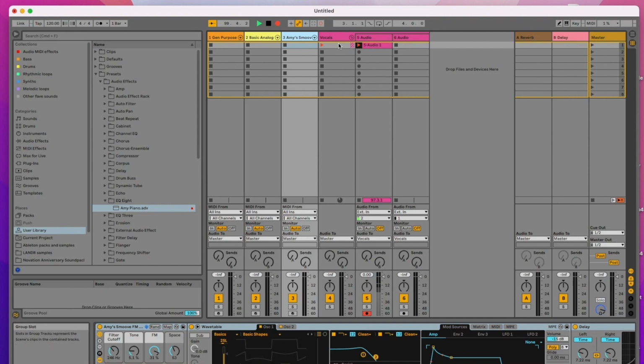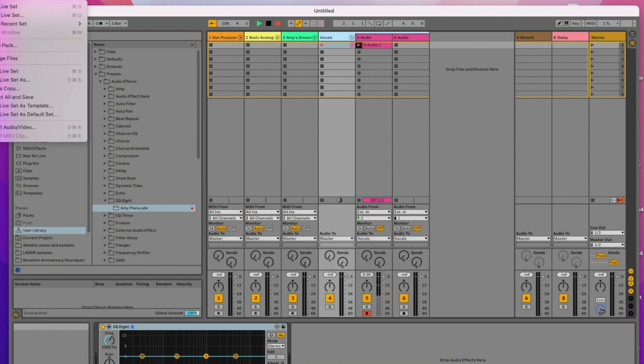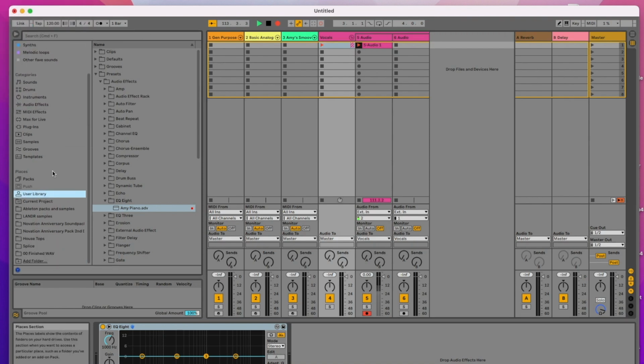And then I also created a vocal group. So you can see I've got 2 audio tracks here that are grouped. I'm not sure if I'll be keeping this, but it works for now. So when I made this template, I went to File and Save Live Set as Template. That was basically it. And then when I opened up Ableton Live again, it was there ready to go. But if I needed to find it, I'd just go down to Templates under Categories, and here it is, Amy's